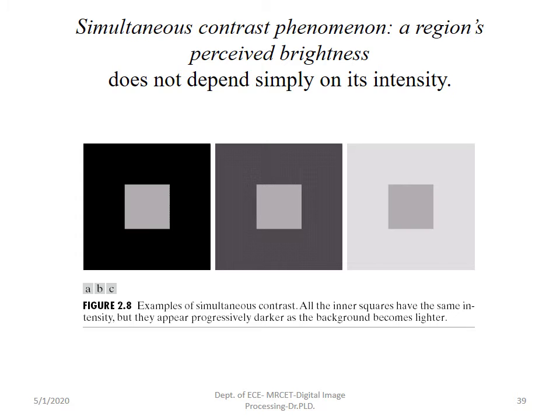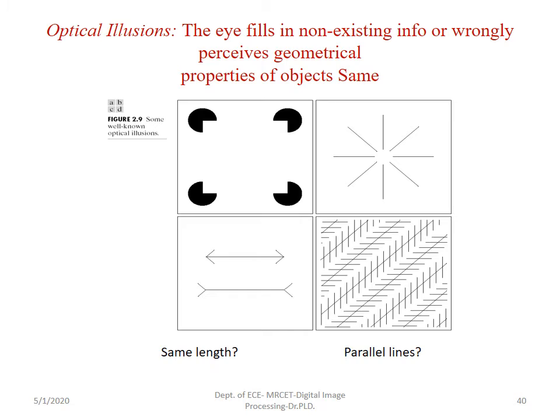This is not exactly the color we would perceive, but this figure is given in the textbook in such a way. It shows that based on the background, there is a chance of foreground brightness variations also. This totally depends on the perceived brightness levels of the human eye. These are also some optical illusions for the human eye.